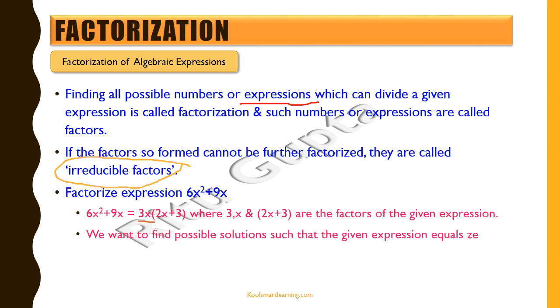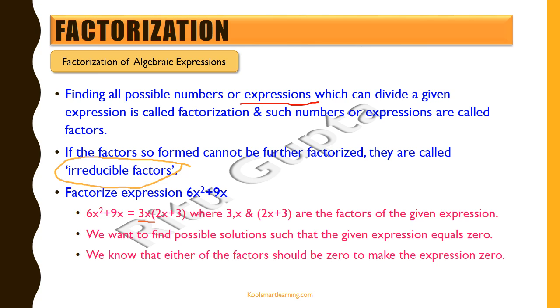We want to find possible solutions such that the given expression equals 0. Now that may or may not be required, but supposing we are asked to find out all the possible solutions such that the given expression equals 0. So how do we do that? Now we know